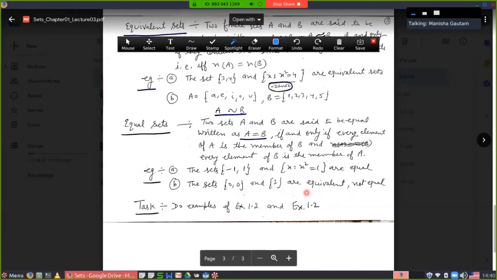Now, this is the lecture for exercise 1.2. You have to do the examples of 1.2 and exercise 1.2 now. Here's another query: students said that they do not have the NCERT book. I think you can download the PDF of the NCERT class 11th core mathematics book, and you can do the questions, make notes of the previous lecture and this lecture, and update yourself.